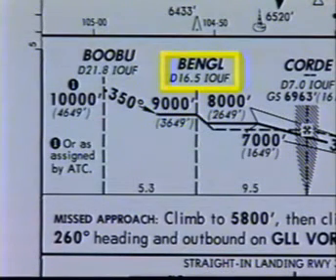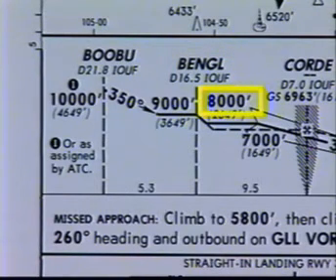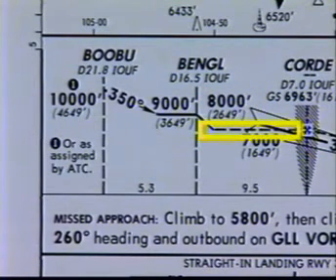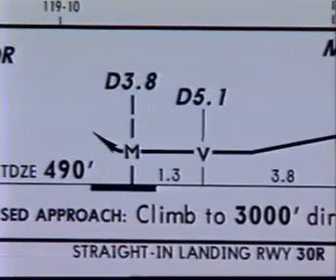After passing 16.5 DME, which is Bengal intersection, you may descend to 8,000 feet to intercept the glide slope. However, for the localizer-only approach, you may descend to 7,000 feet. The symbol V represents a visual descent point, or VDP, for a non-precision approach. It is the location where you may begin a normal descent from the MDA if you have the runway environment